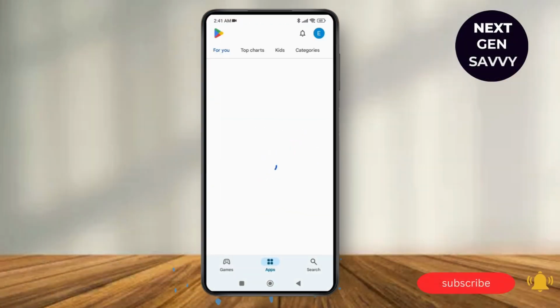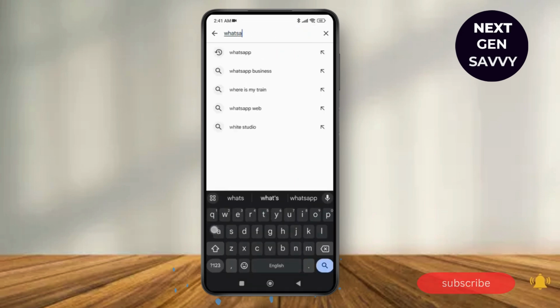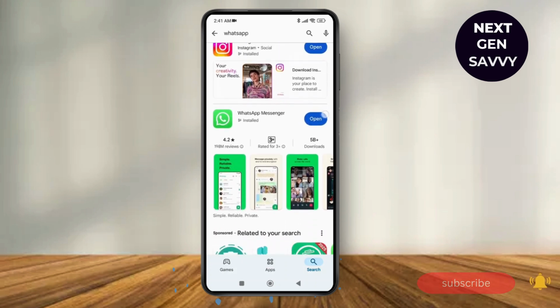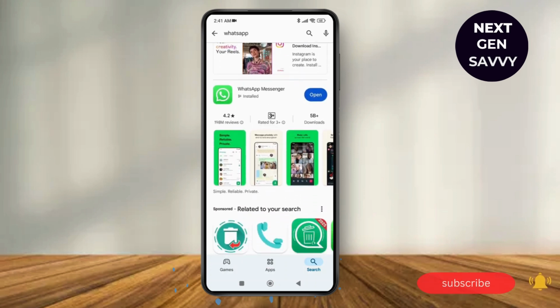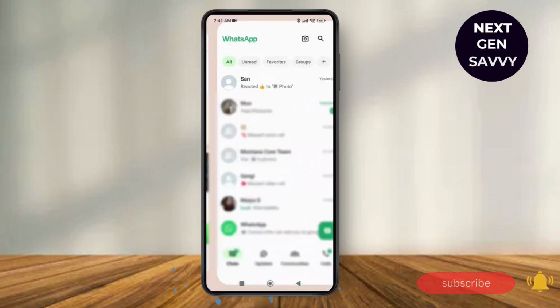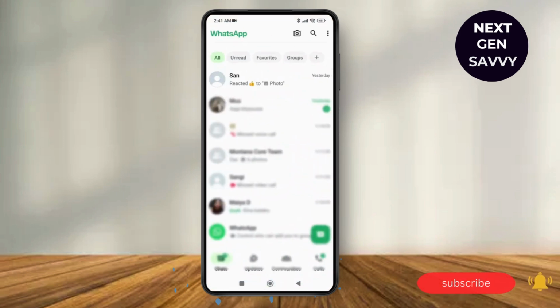Now first of all, launch the Play Store application and tap on the search bar to search for the WhatsApp application over here. Make sure you have the updated version of the WhatsApp application. As you can see, there is no option of update, which means we have the latest version of the WhatsApp application. So all we need to do is just tap on open, and as we tap on open, we can see